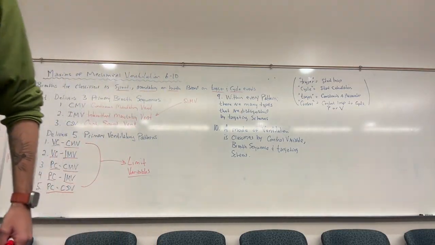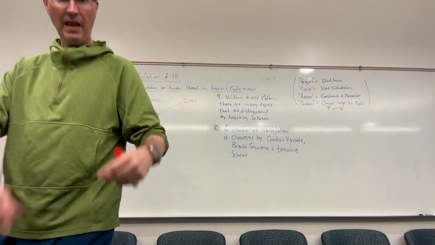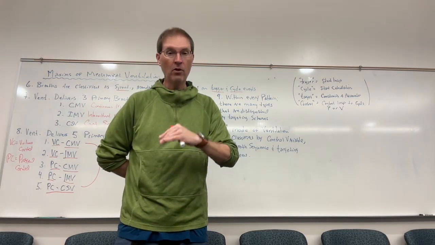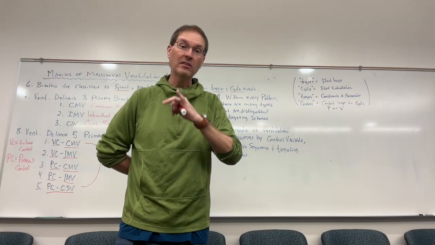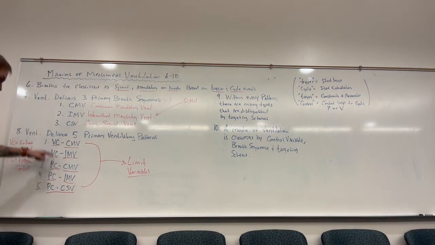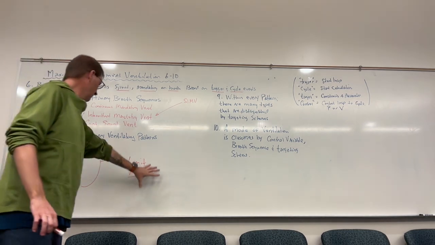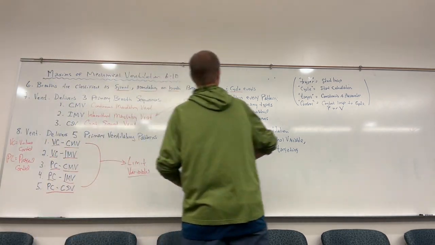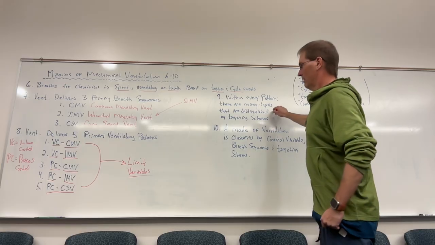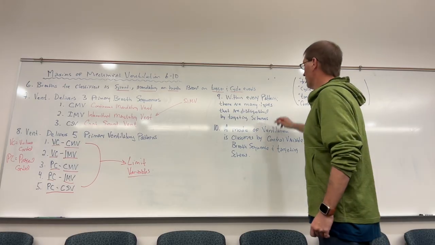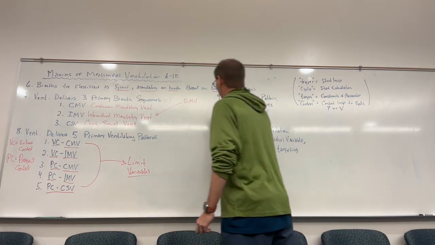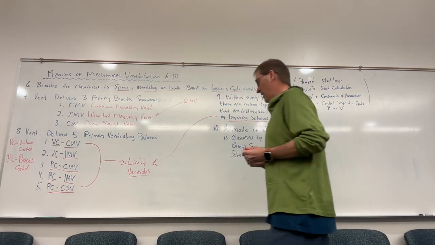It's saying, hey, you constrain a parameter, but remember, the limit variable is not used to determine cycling, okay? That's the control variable. So there are a bunch of limit variables, and so within every pattern, there are many